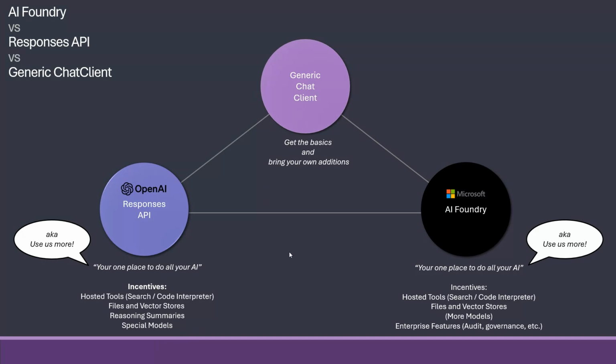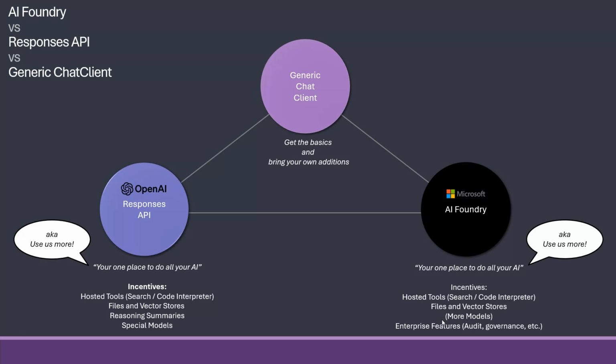If you want to go the corporate way, the Microsoft way, you go Azure AI Foundry. And Azure AI Foundry is, in the same manner as over here, your one place to do all your AI. So they have the same incentives for hosted tools and files and vector stores. They also bring more models.